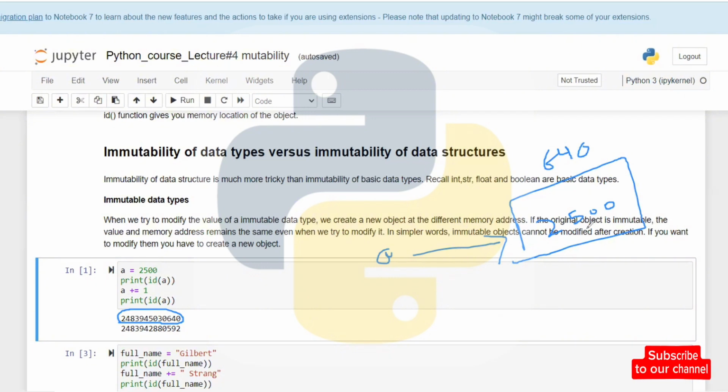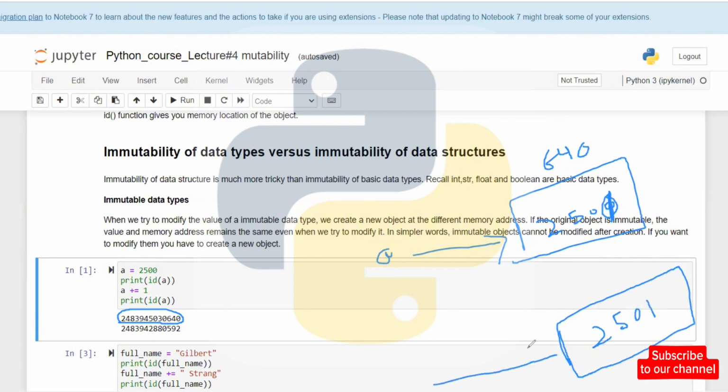When I try to do it, I won't be able to do it here. So this is not possible. It happens at a different memory location. We have a modified 2501